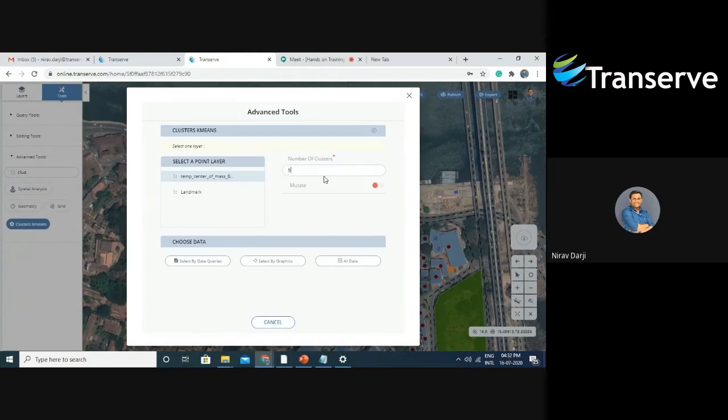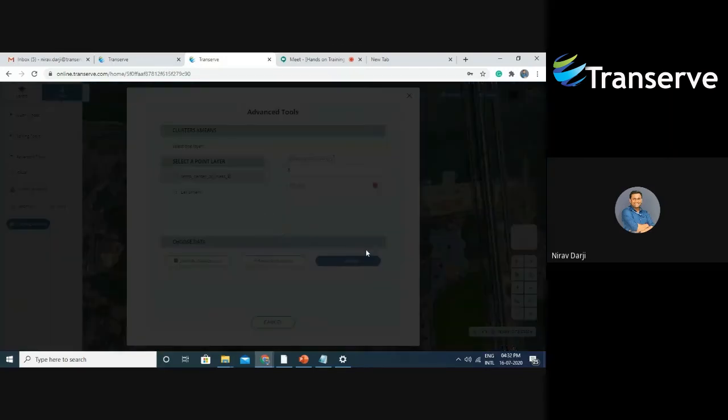The tool algorithm classifies those districts between 3 lakhs and 10 lakhs, and it will create the number of classes, the clusters, which you actually want to create. So right now I want only 5 classes, so I will use this tool.